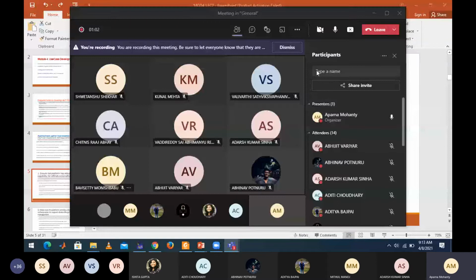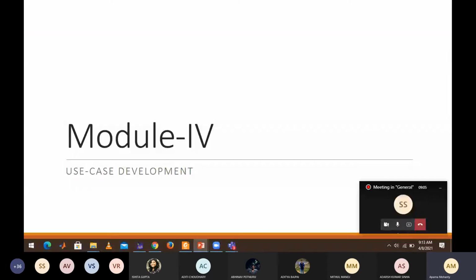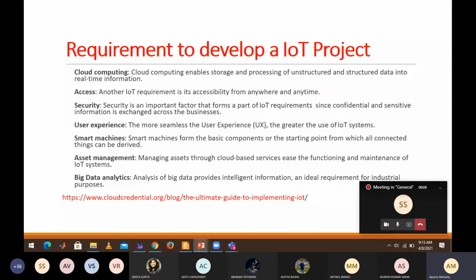So basically, this is pure theory, and I don't expect that you will be able to remember everything now. Just have an understanding of what we are doing. First, you are going to manufacture your IoT product and you want to launch it in the market as a business. The first thing is you will need these things.